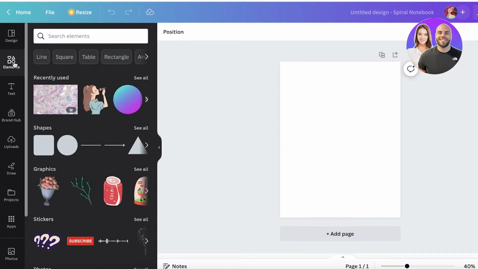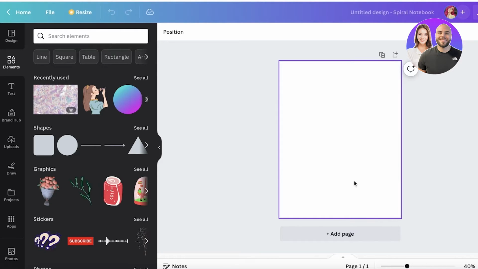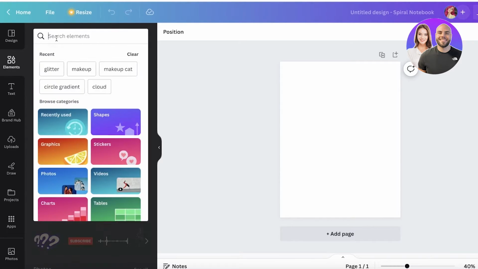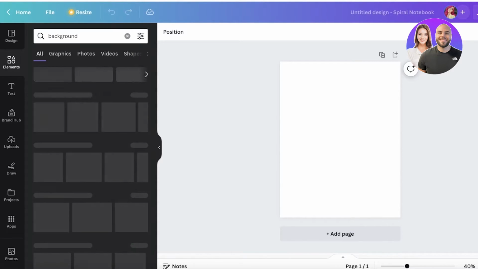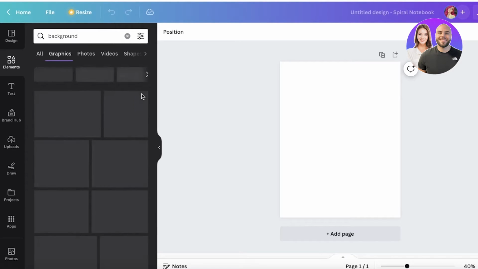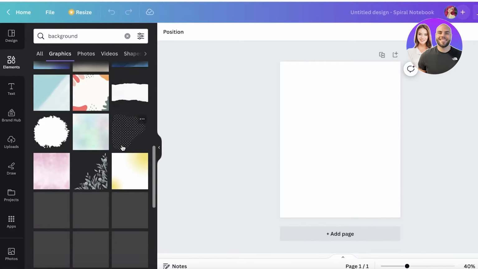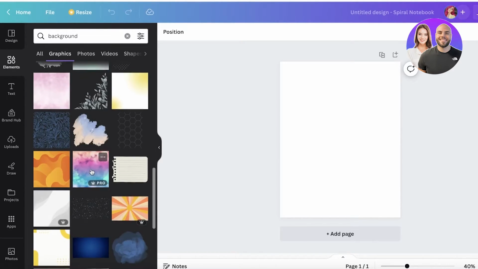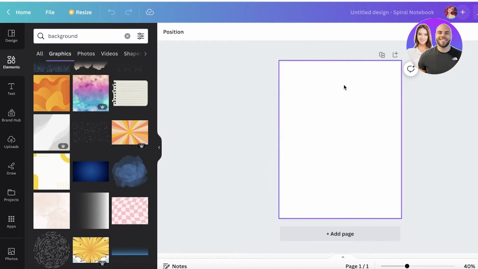Now, for this journal, let's say I'm building a very basic and plain notebook with lined pages without any extra section, with just a basic note section, which usually is taken as a basic writing journal for notes or for classes. So for that, I'm going to go into elements, and even in the elements section, I can just search for a background. Or you can even just search for something like colorful print to find a print that you would like to use